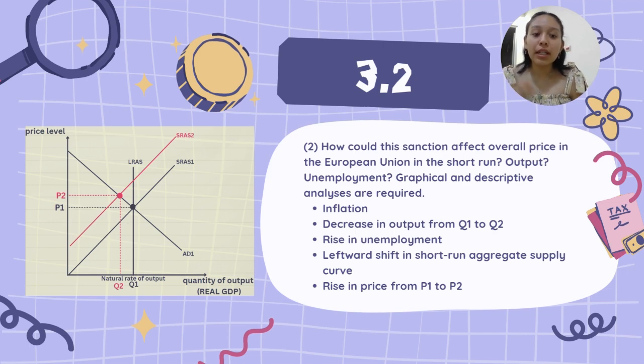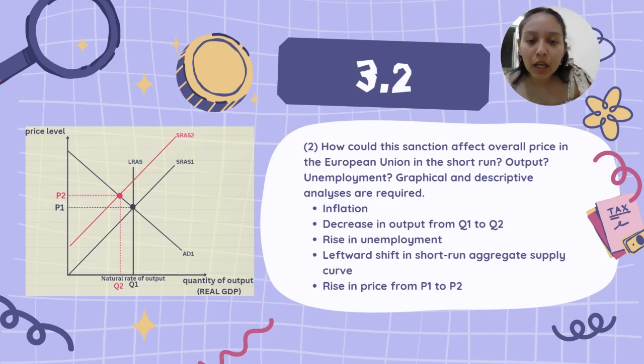And the disruption in the energy market will lead to a decrease in output and thus will reduce the production and affect other operations because of the higher cost and the shortage in supply. And the decrease in the output will lead to higher unemployment because businesses will be forced to lay off some workers as a way to cope with the higher production cost.